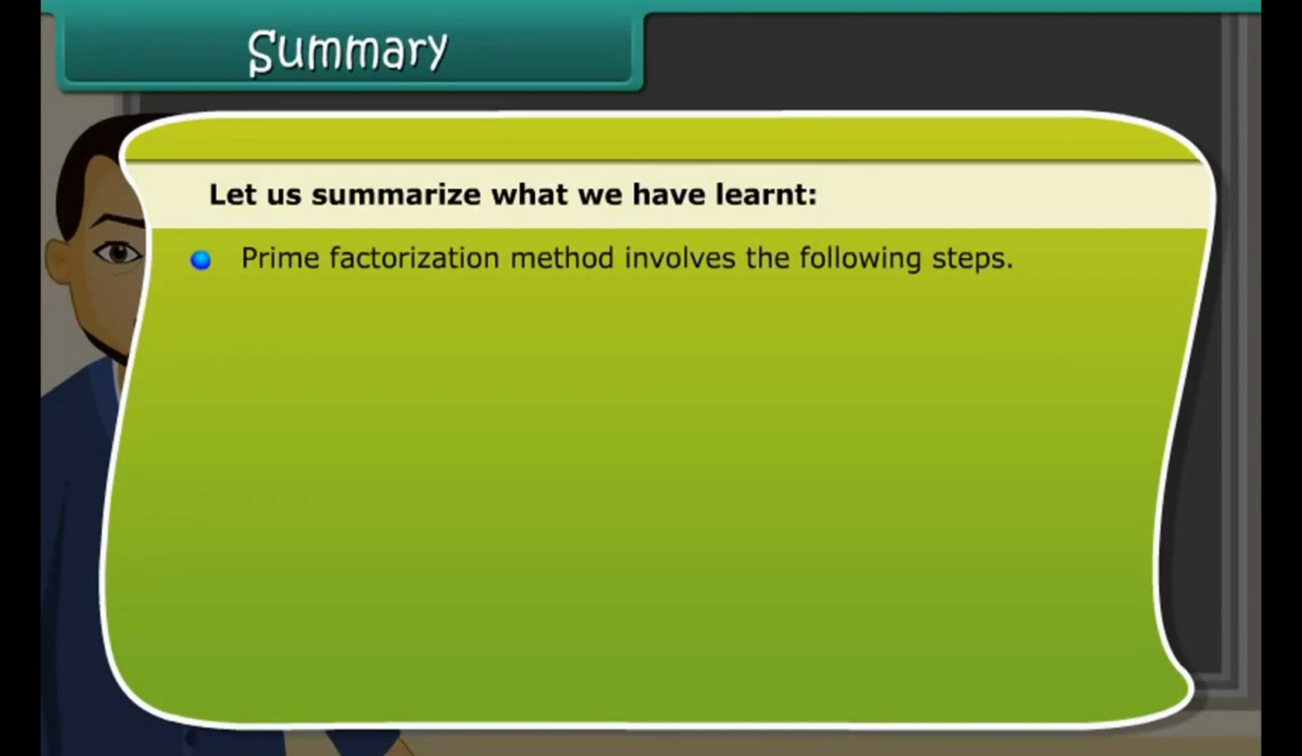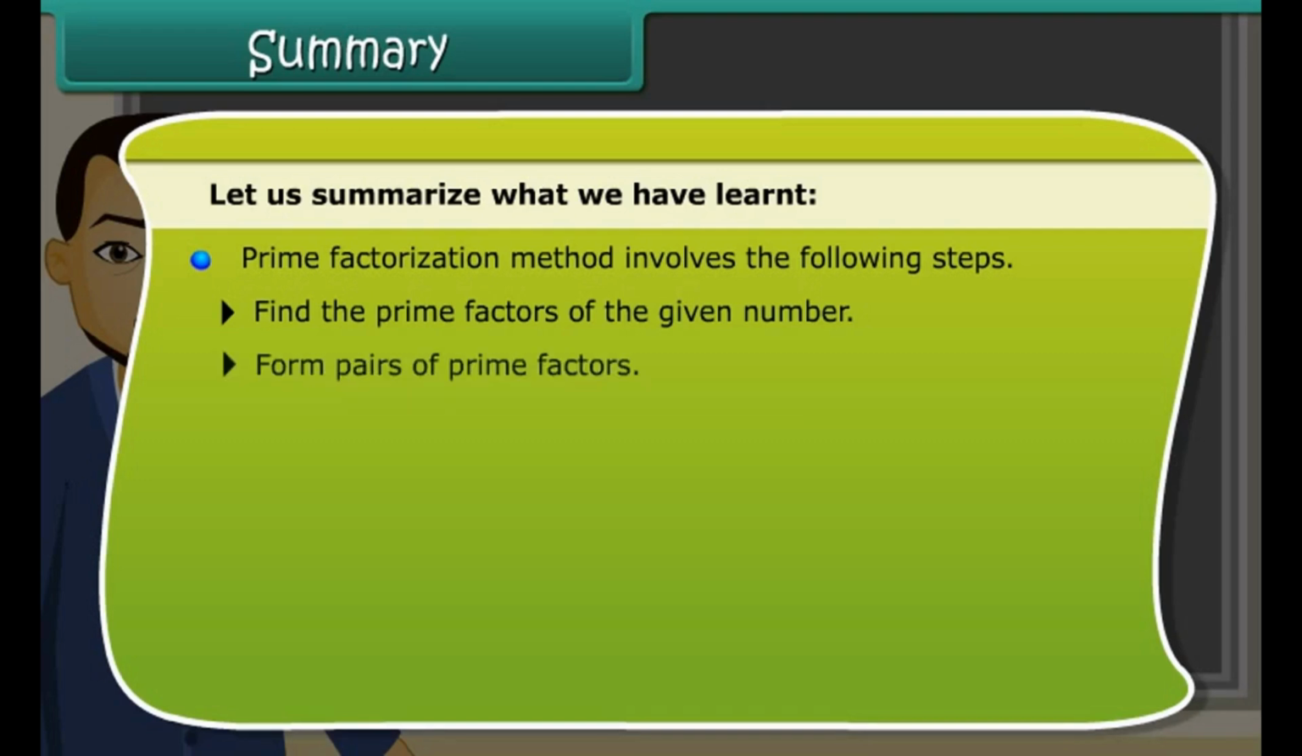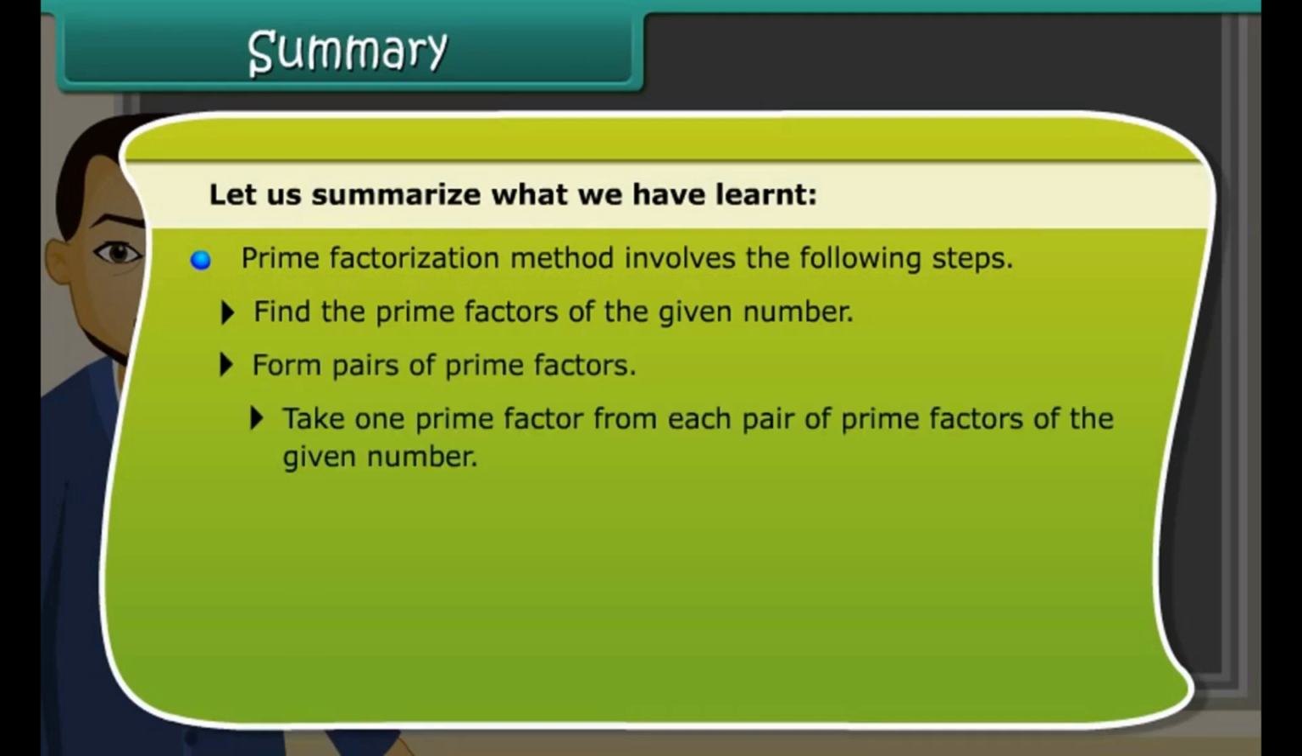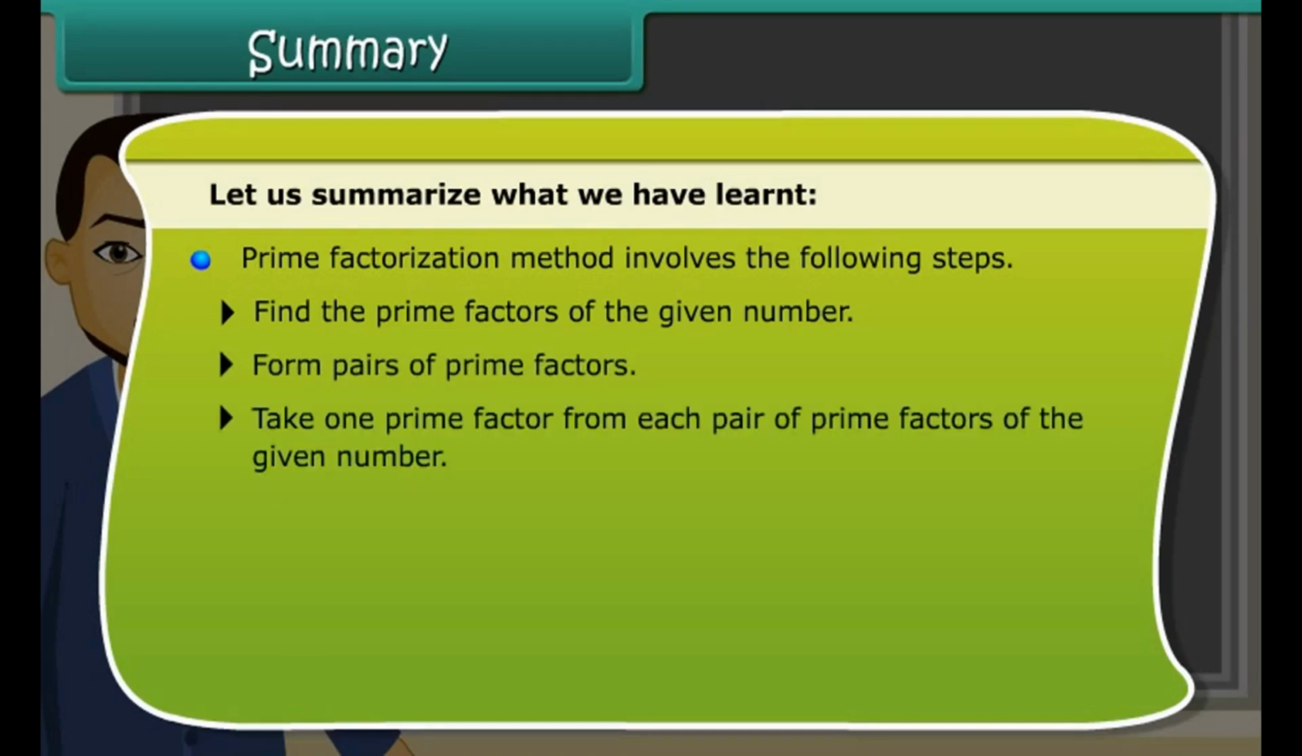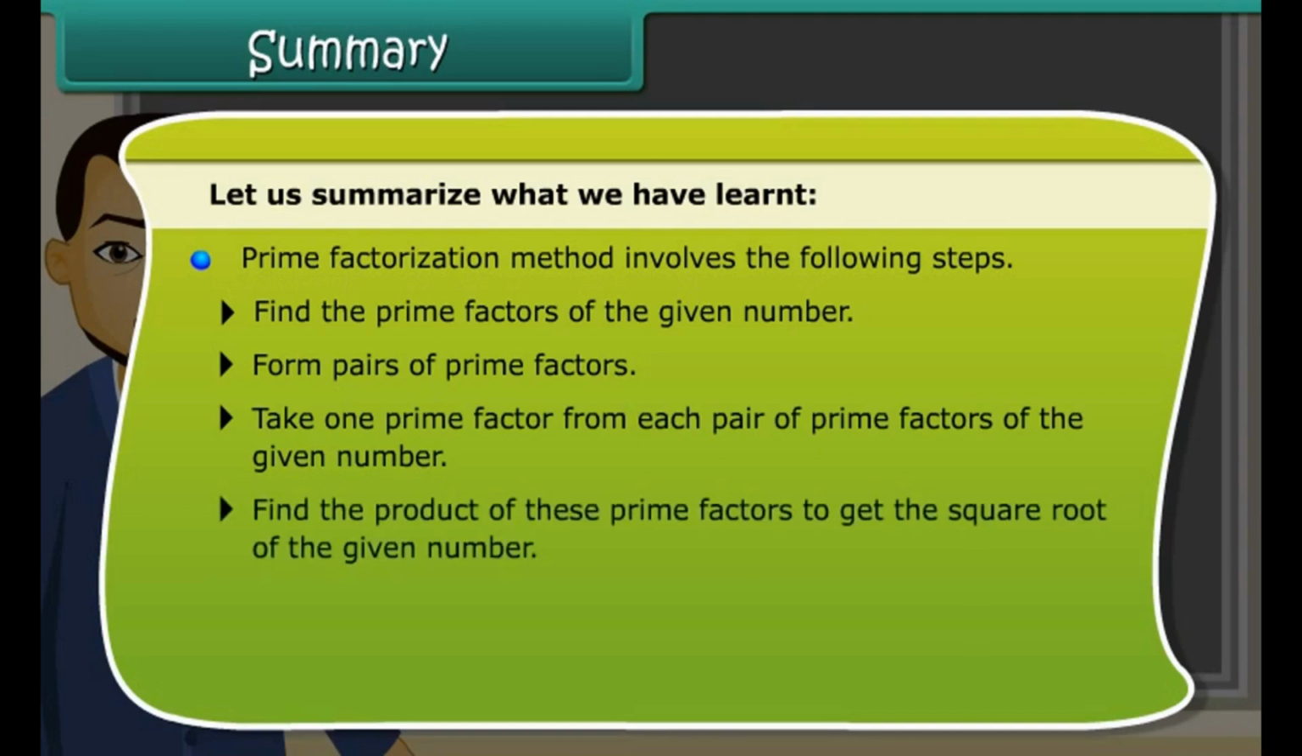Prime factorization method involves the following steps. Find the prime factors of the given number. Form pairs of prime factors. Take one prime factor from each pair of prime factors of the given number. Find the product of these prime factors to get the square root of the given number. Long division method involves the following steps. Find the